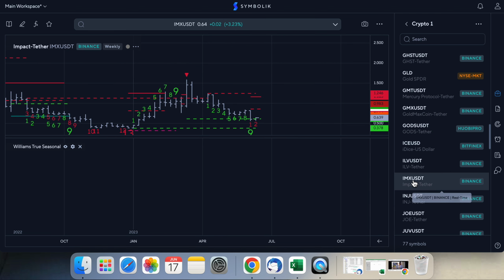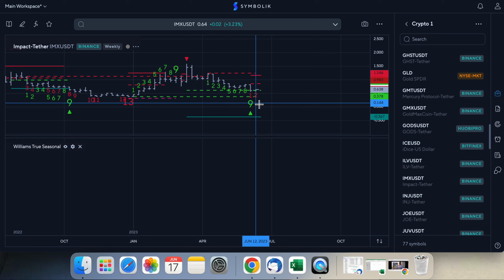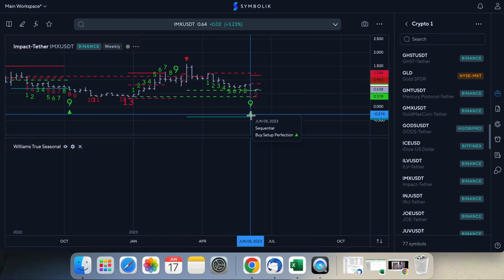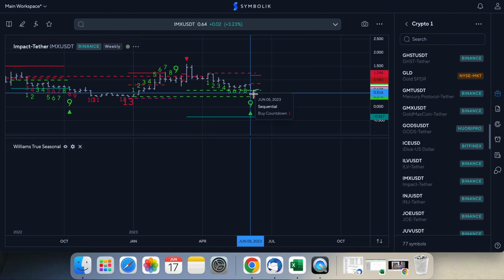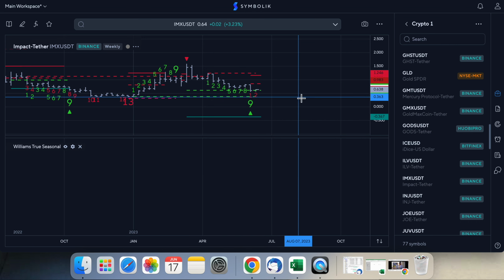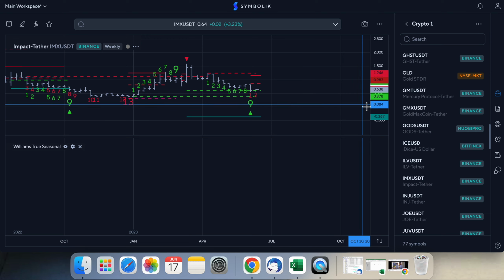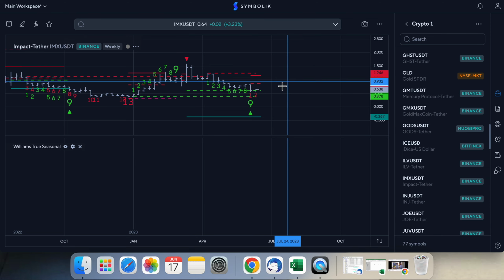Let's look at IMX. It's on a 9 count. -9, perfection. It's a buy setup perfection. You see your 9 bar close below your 6, 7, 8 bars. I really like to see that before I start looking for a reversal point. But this can go at least 1 to 4 bars. Now you might get a 1 to 4 bar retracement